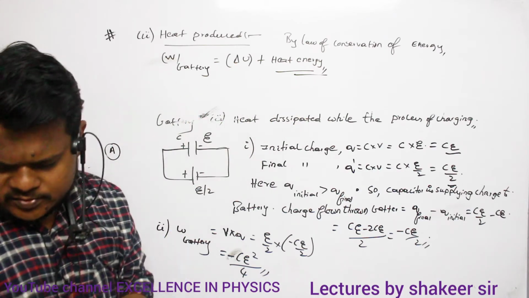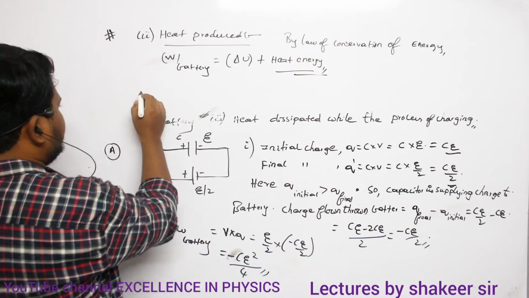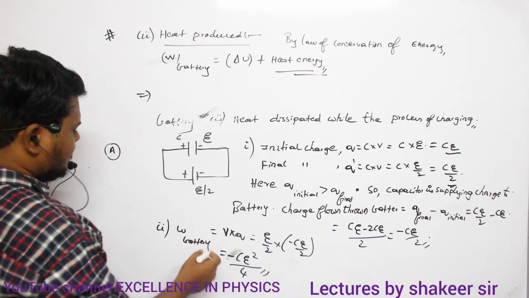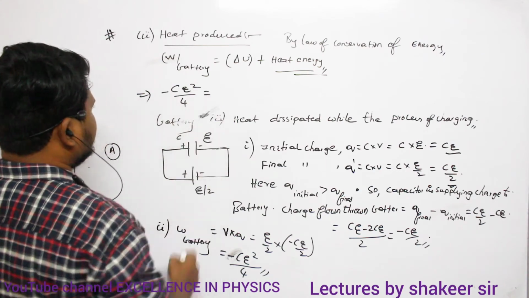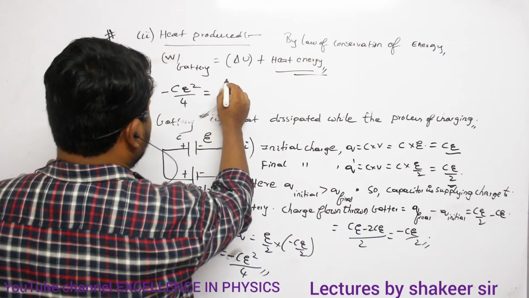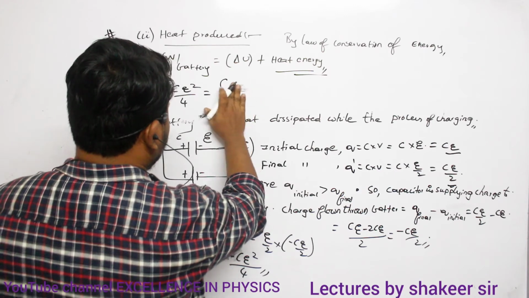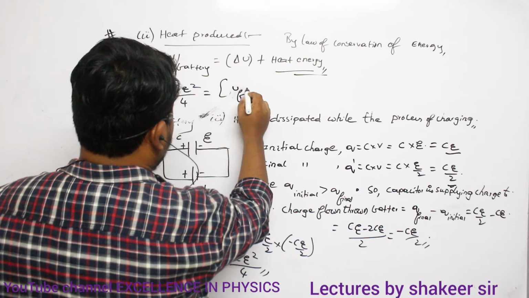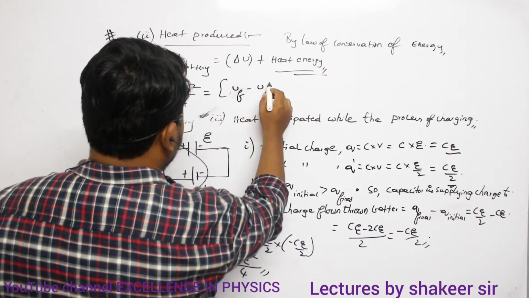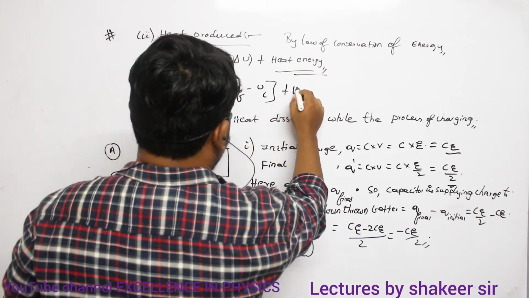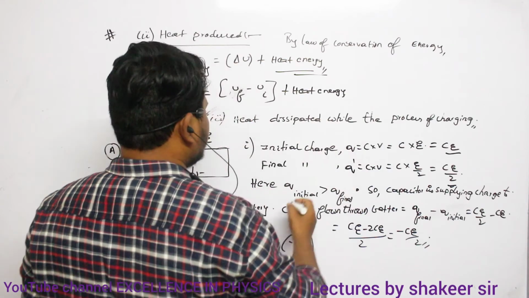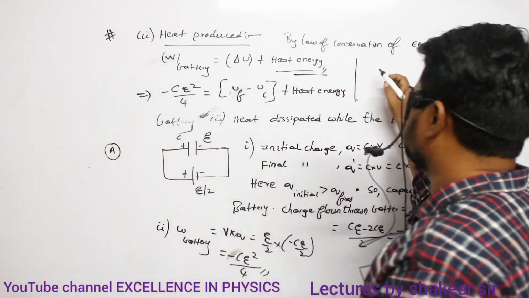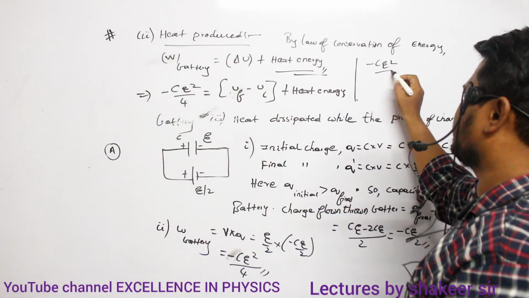So already we have studied this one in the last class, no? So come on, try to do. The work done by the battery we have already calculated, how much it is? Minus CE square divided by 4. Clear? Then change in potential energy, how can I write? Final potential energy minus initial potential energy plus heat energy. So minus CE square divided by 4 is